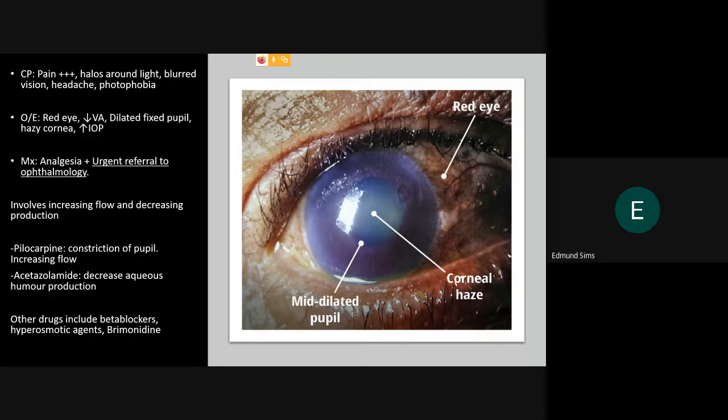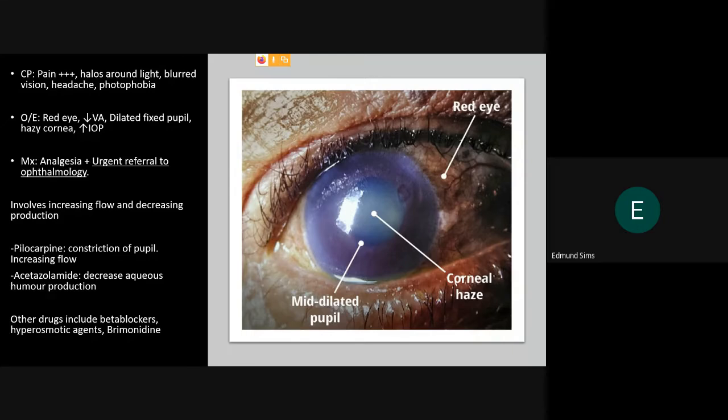For those of you who have been at altitude, you might have taken it before. It ruins the taste of beer, but it also decreases the production of aqueous humor. So in acute angle closed glaucoma, you will give acetazolamide. You can then give a whole range of other drugs, so beta blockers, because the production of aqueous humor